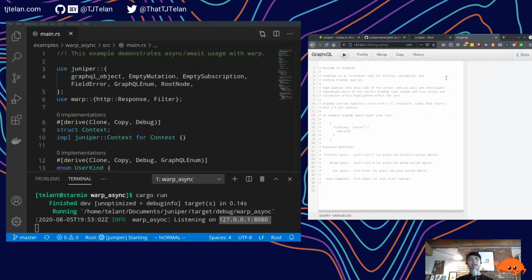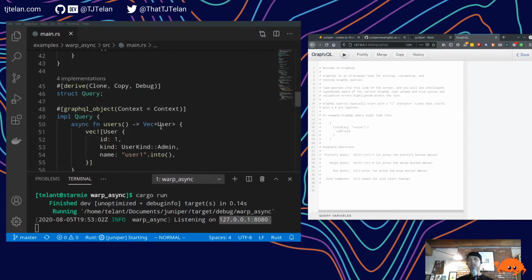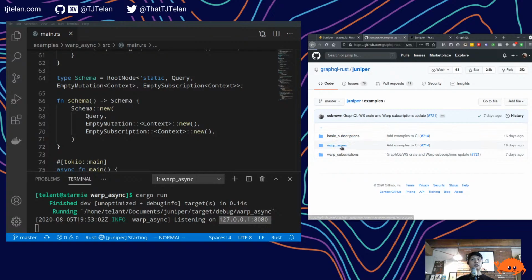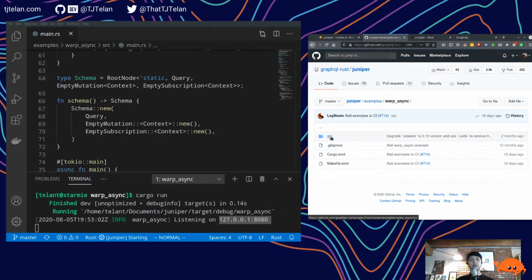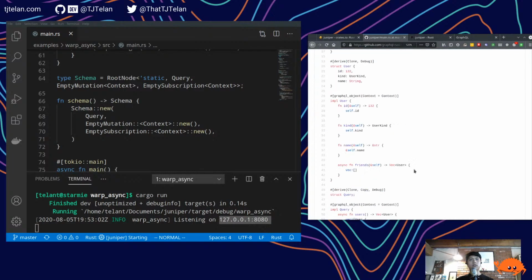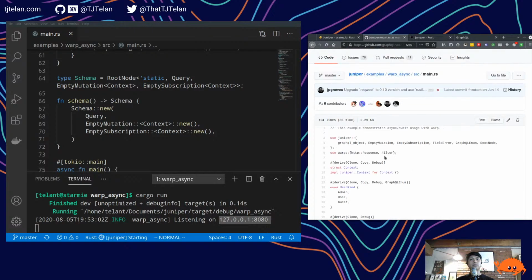Type of query. Okay, well, what are the example queries? I don't think I understand quite how this works yet. All right, so